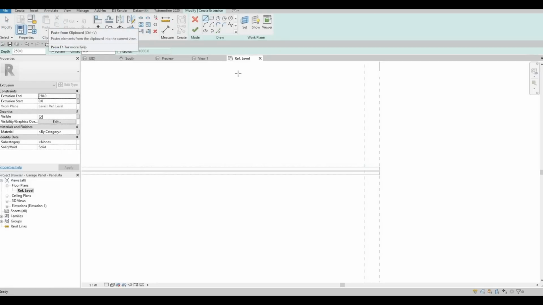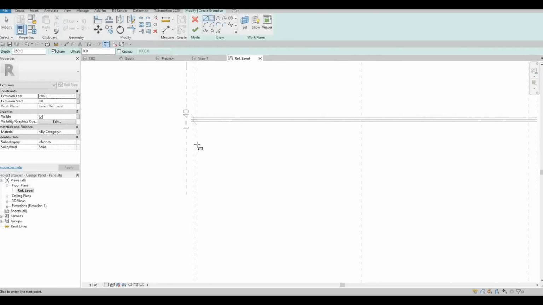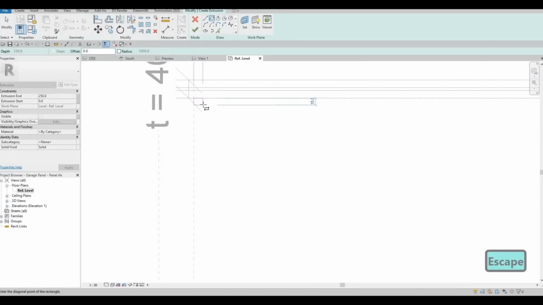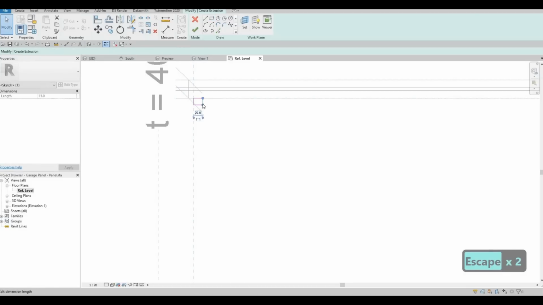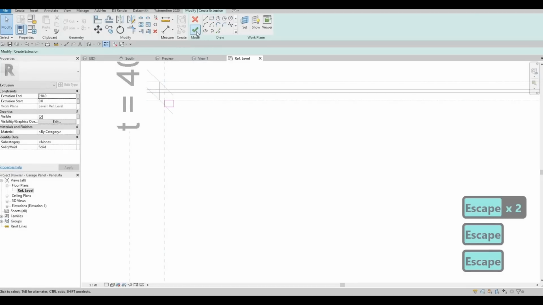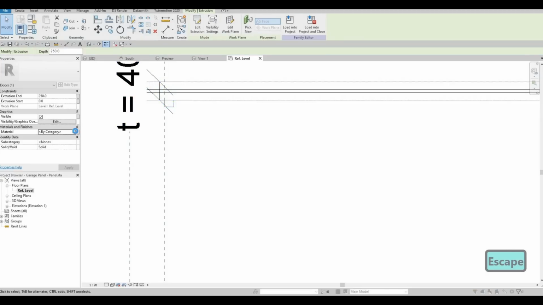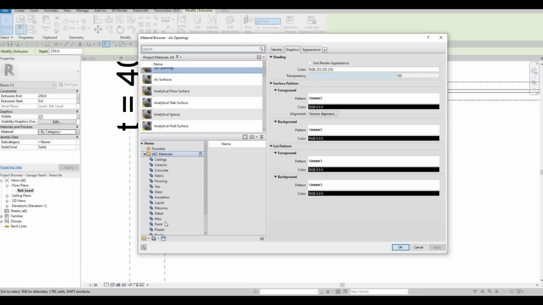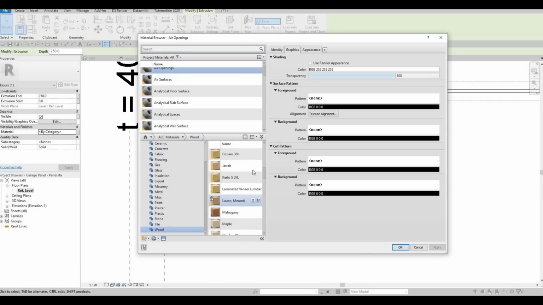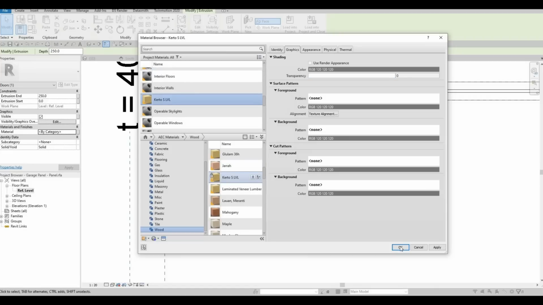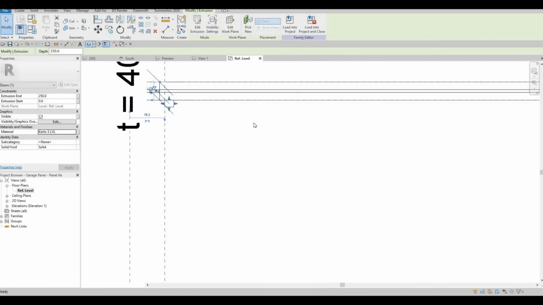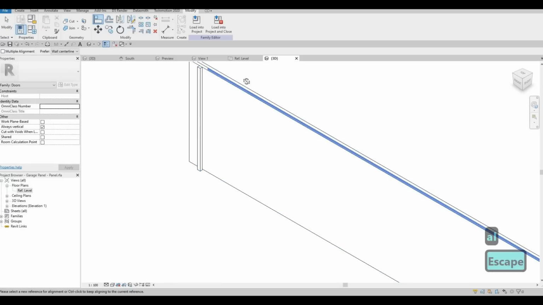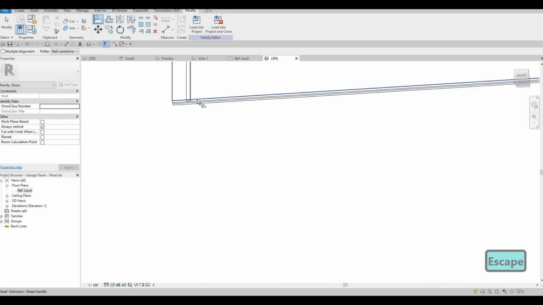So I'm gonna create an extrusion, and then here we're going to add our design. So I'm gonna put it at 20 by 15, and then click finish. We can change the material, so I'm gonna choose a wood material, and then if we go to 3D, we could align it at the top, and then this one is aligned from the bottom,